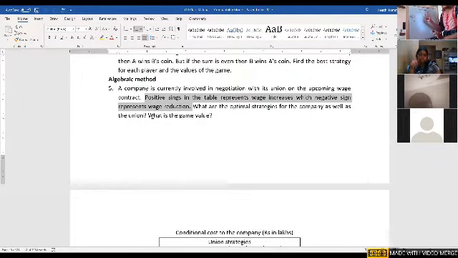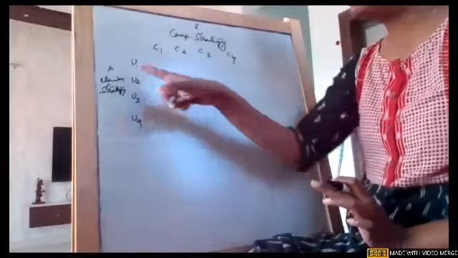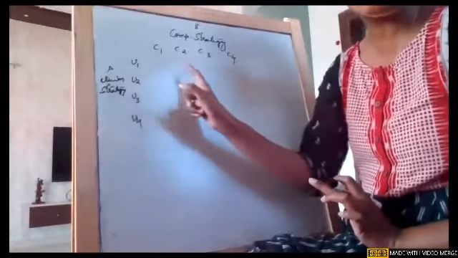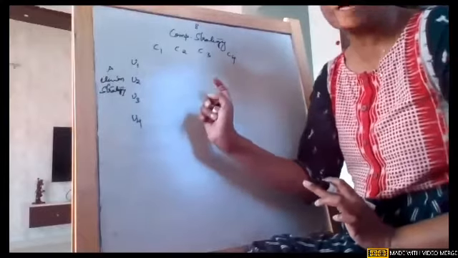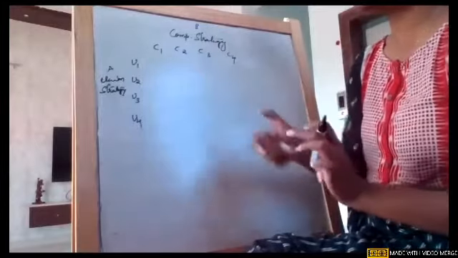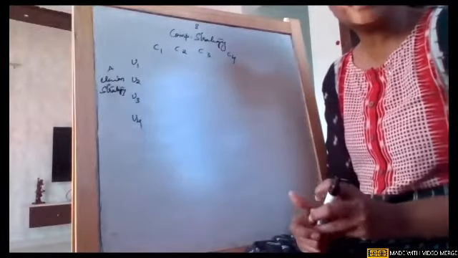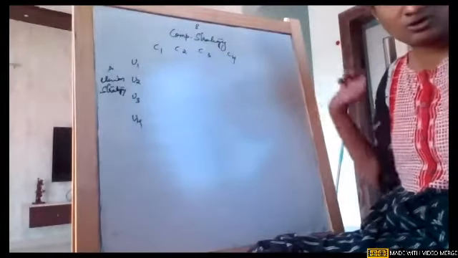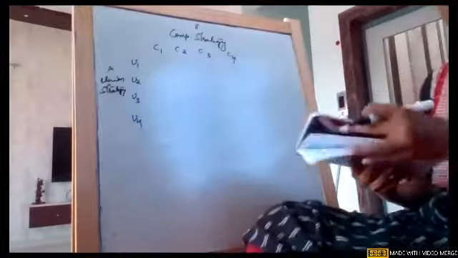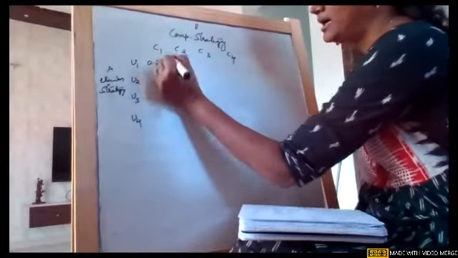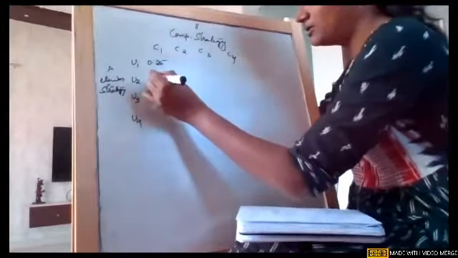Yes, the union always tries to increase the wage. So the positive value from player A's perspective, from the union's perspective, is now satisfied. From player B's perspective, if it is a negative value, the wage rate is decreased. Obviously the company always tries to decrease the wage and give the optimal wage to the employee. So that is how we converted rows to columns and columns to rows. Understood? Any doubt in this? When such hints are given in the question, read them carefully and try to apply.